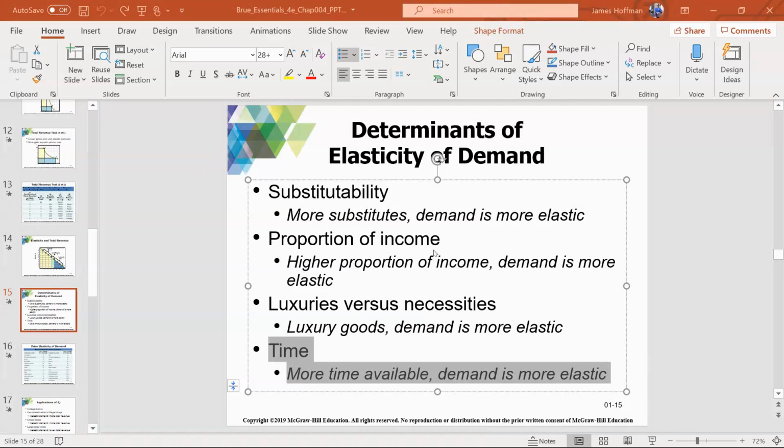Let's say you have a car and the price of gasoline goes up. You have to drive to work or whatever in normal times. So if you rely on your car and the price of gasoline goes up, in the short run you have to pay for it because there's no other way for you to get around. But if the price of gasoline goes up a lot and stays high for a long time, like if it went up to $10 per gallon,